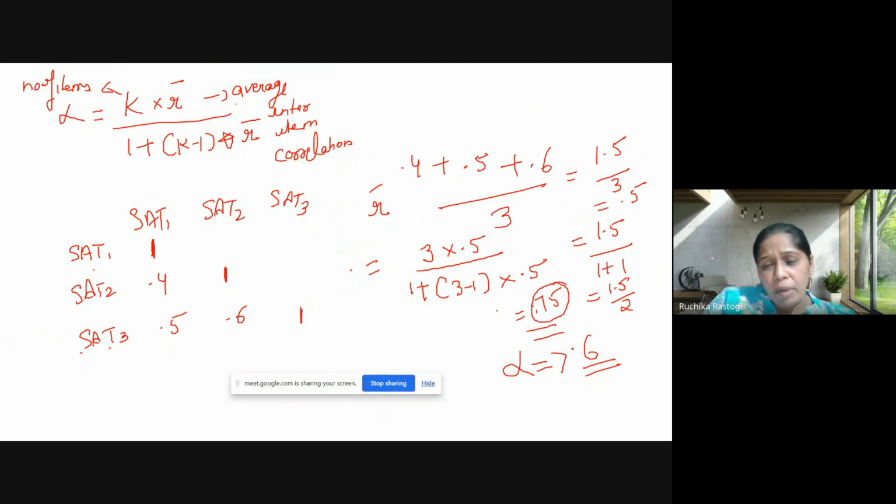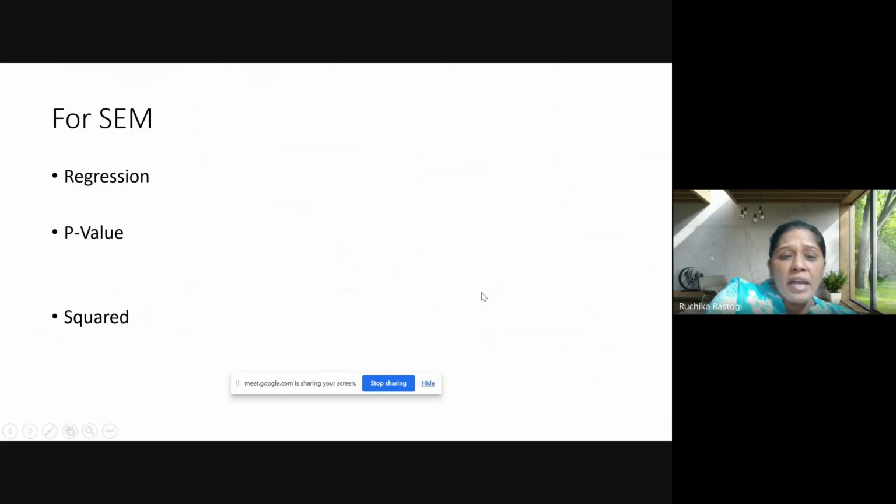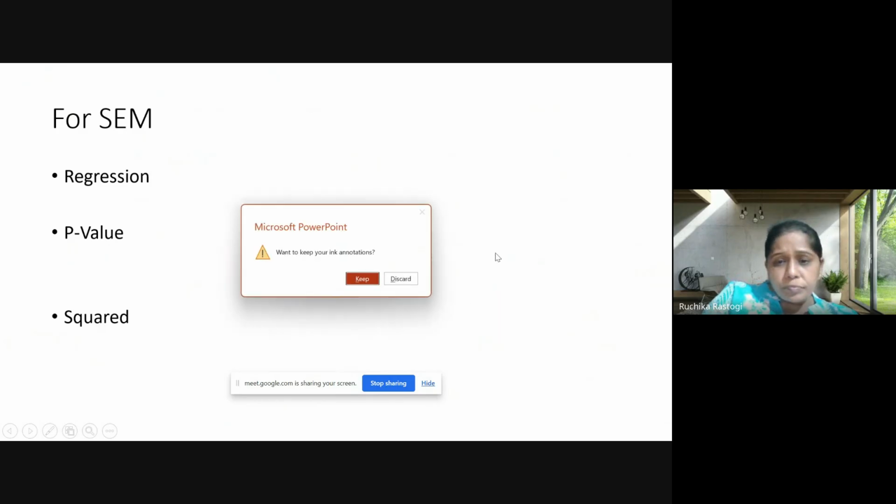So when the Cronbach alpha value is 0.75 or composite reliability is 0.75, that means these 3 items are having a correlation of 0.4, 0.5 and 0.6. So even if one item is having the correlation less than 0.5, the Cronbach alpha value is still good enough, 0.75. So I mean to say that whenever we are checking the value of